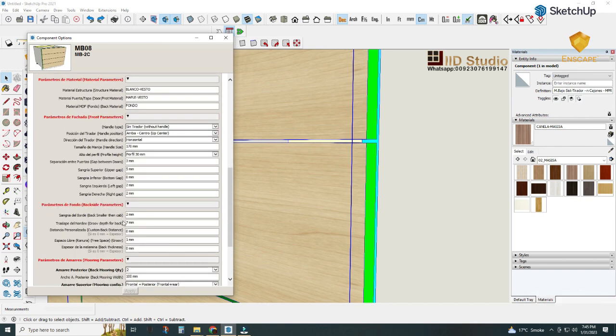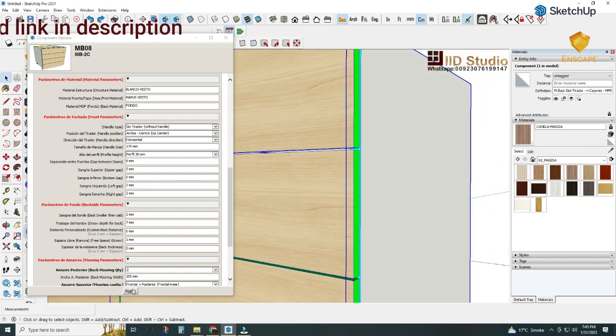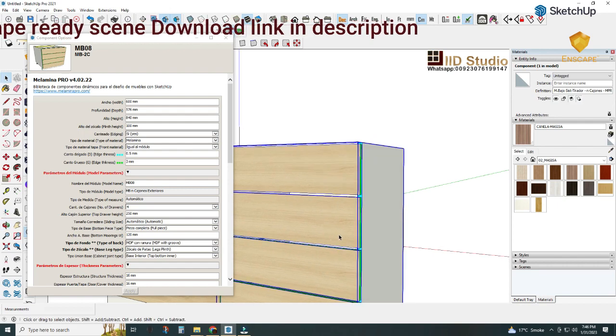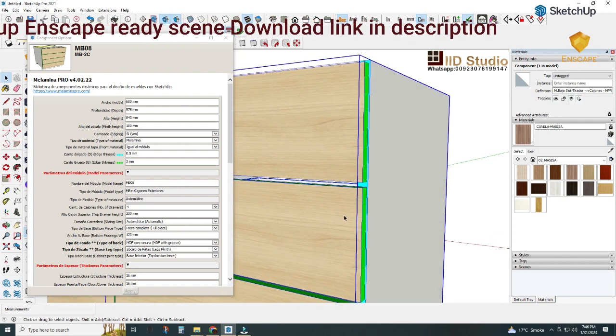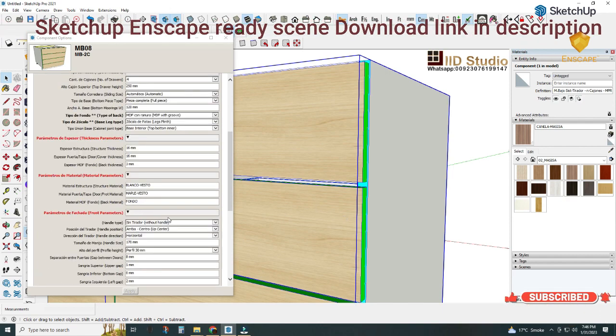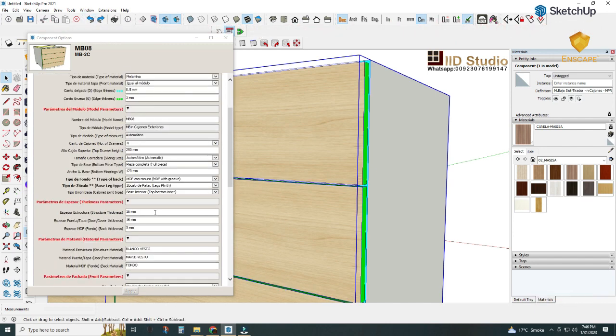So here, first option, this is the gap between doors, 3 mm. So you can suppose I am changing it to 8 mm. So see what will happen. The gap between doors automatically changes to 8 mm, and door sizes are automatically reduced. So let's turn it back, and second option is